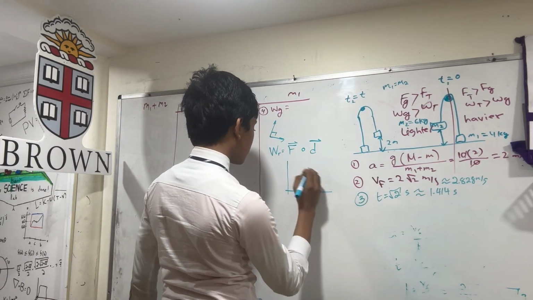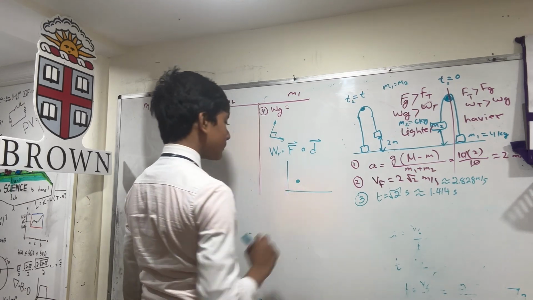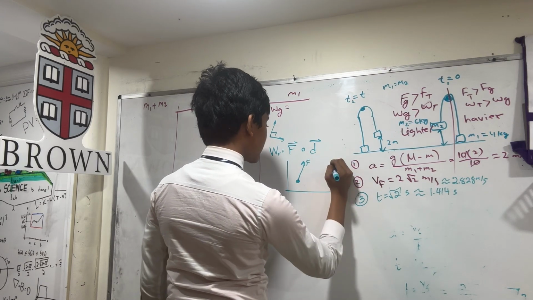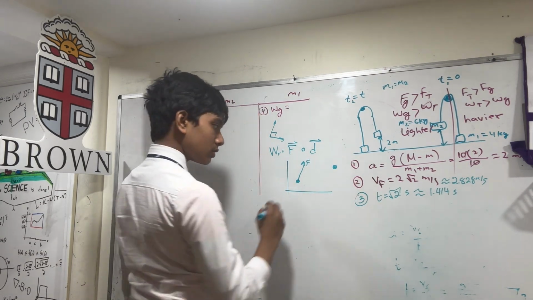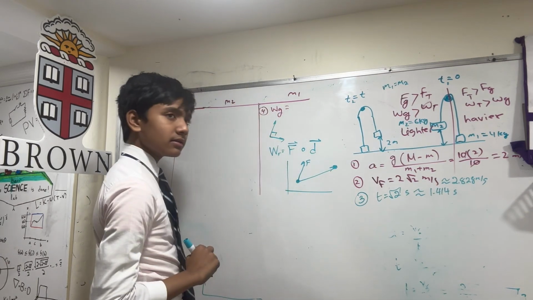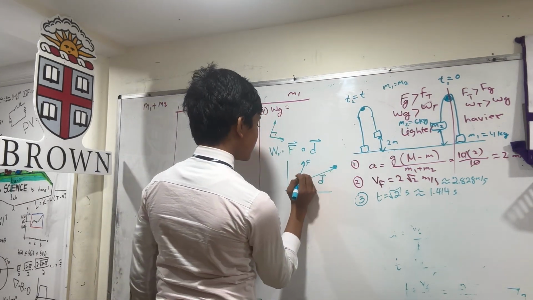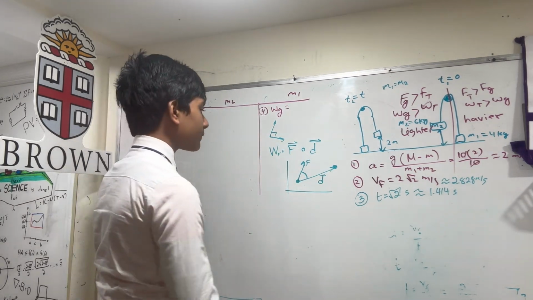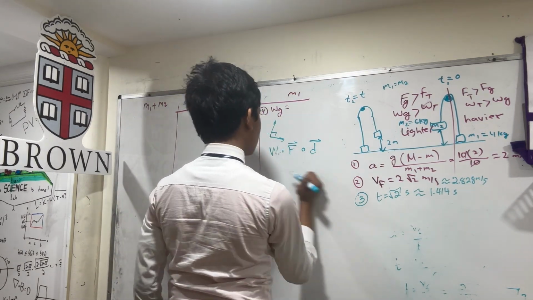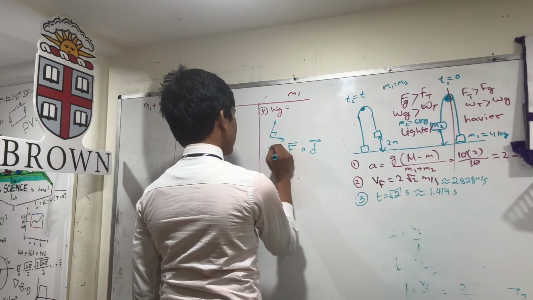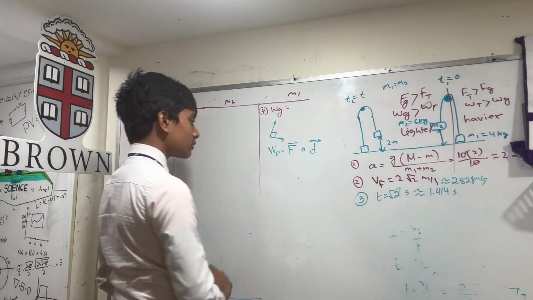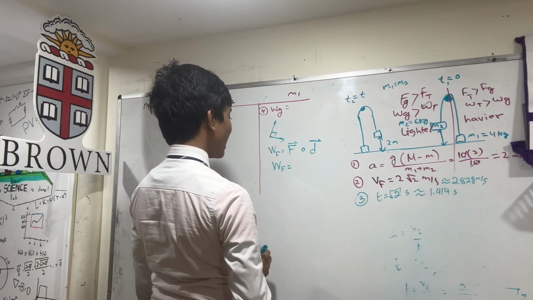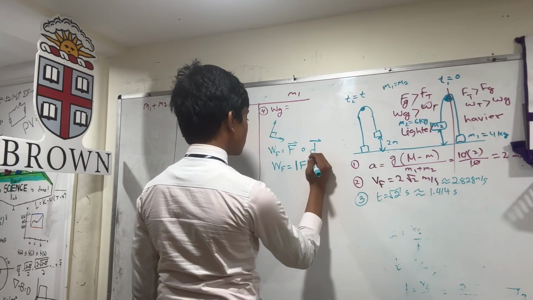Like, for example, if we have a 2-dimensional system, we applied a force this way, and it turns out that our object moved all the way here, then the work is simply the dot product of these 2 vectors right over here. And it turns out that the dot product, which is a number, by the way, not a vector, you can also call it scalar, it turns out that this is actually equal to